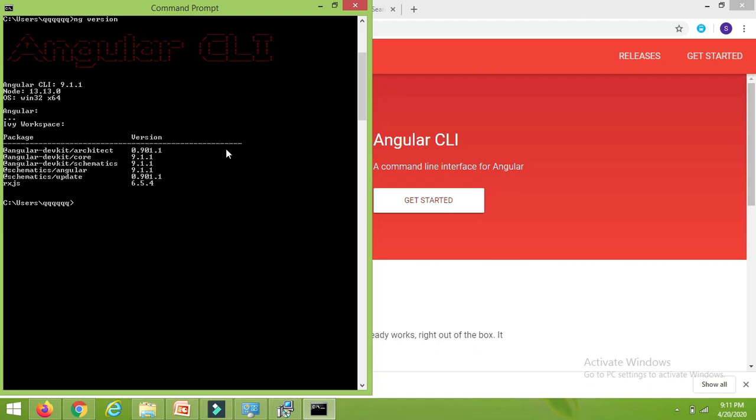Here you can see the version of the Angular dev kit, that is 9.1.1, which means we have Angular version 9 on our system, which means we are done with the Angular development environment setup. So guys, in the next video we will create the hello world program using Angular CLI.